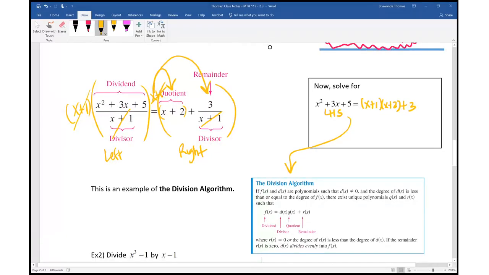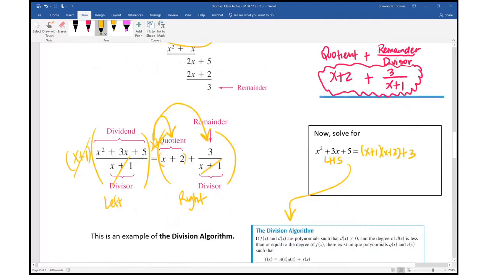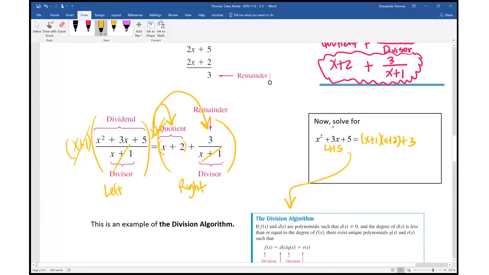So if f of x and d of x are polynomials such that d of x cannot equal 0 and the degree of d of x is less than or equal to the degree of f of x, there exist unique polynomials q of x and r of x such that f of x, which is your dividend, so notice this was our dividend right here, x squared plus 3x plus 5. This is our dividend, f of x right here,